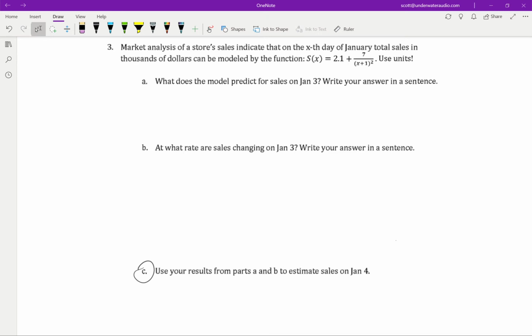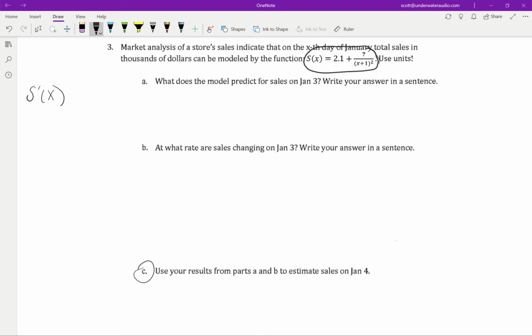Another thing is, speaking of tests, if you were on a test and you got this question, the first thing you should do is take a derivative of this. You don't even have to read the problem to know that's a good idea. So I think we'll just do this on the side over here. So I want to do s prime of x,